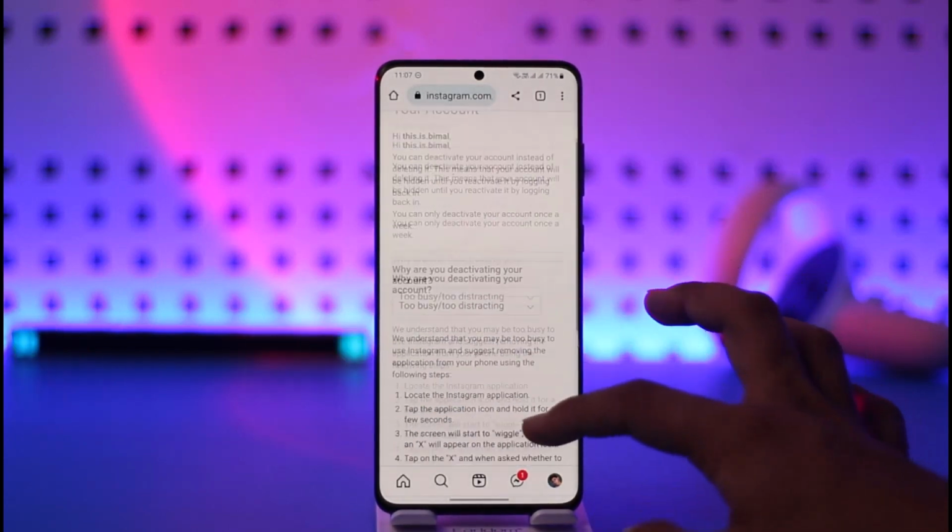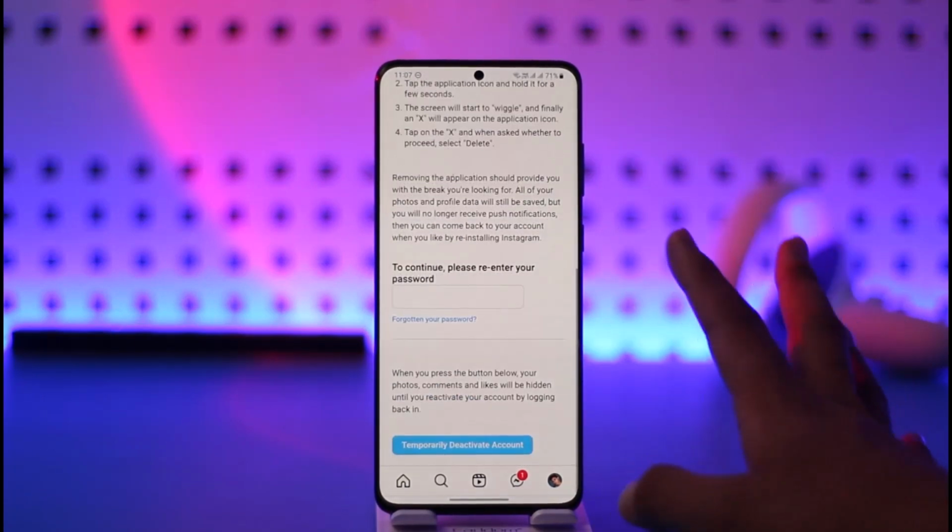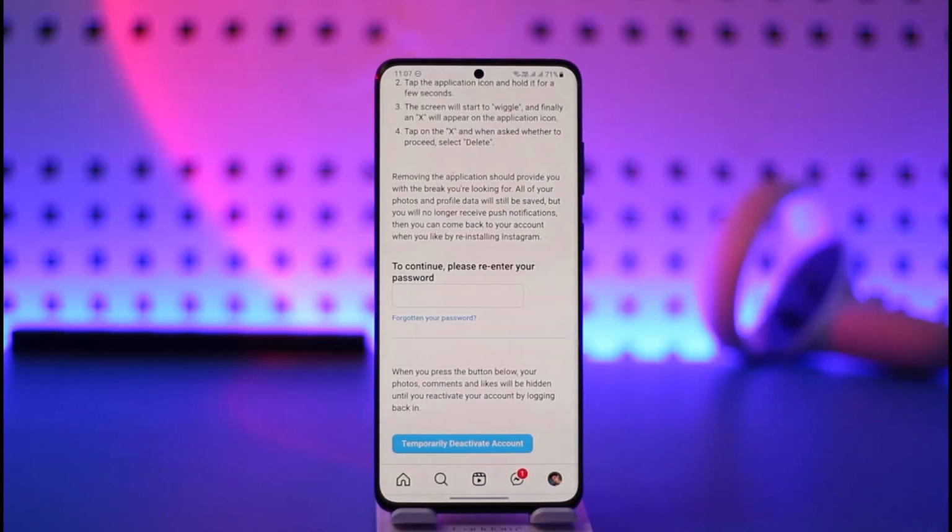Just remember that you can choose to activate anytime. You just need to remember your password when you try to log in. It will ask you to reactivate it, but to give you a general context, this is how you can deactivate